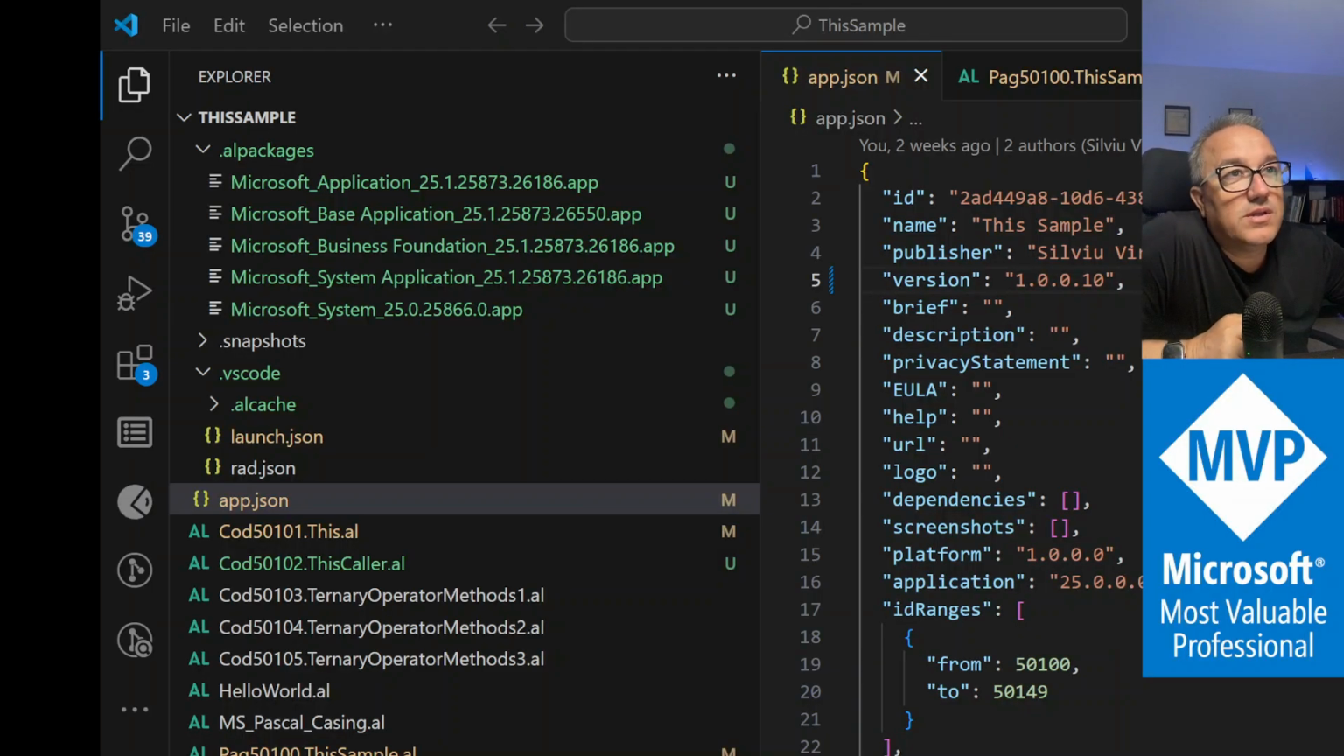Okay, so now a little bit about the new query. First of all, this query is not available until 25.1. So you would need to wait for 25.1 to be available, and then you can download the symbols. And let's see